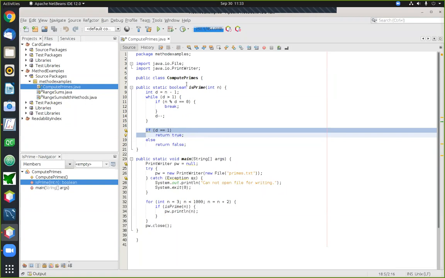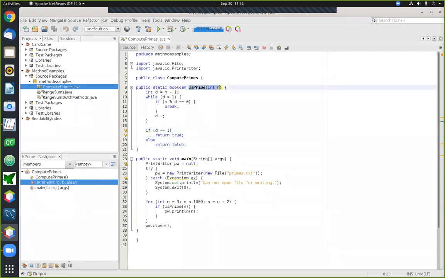Again, the overall goal of this method is to answer a question: is this number prime? And when you're answering a question, you're going to return either a true or a false value in response. So if you learn that the number is prime, the appropriate thing to return is true. Otherwise, if you learn that the number is not prime, the appropriate thing to return is false. Now, anytime that we're returning a true-false value from a method, the so-called return type of the method has to be set to this.